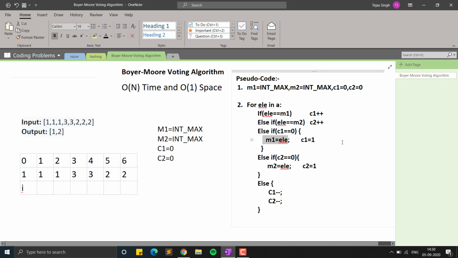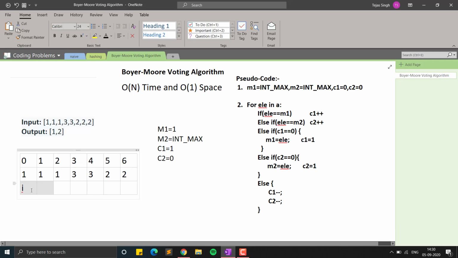So now in this condition we will nominate our majority element. So if this condition is true, and yes, it is true, we will simply make the value 1 our majority element, and we will increment the count because it has occurred one time. So we will count its current occurrence also.